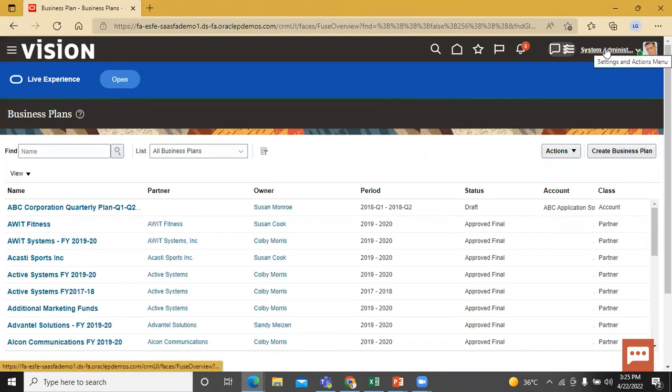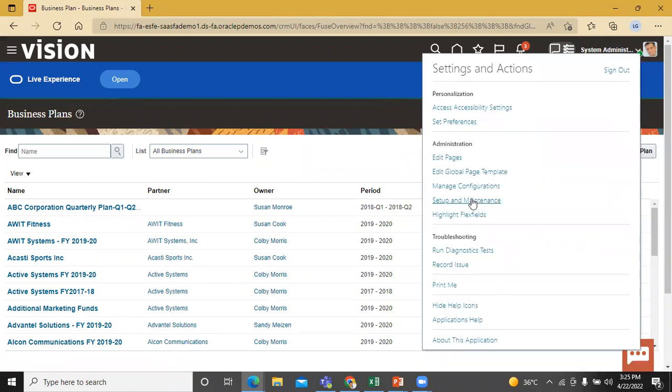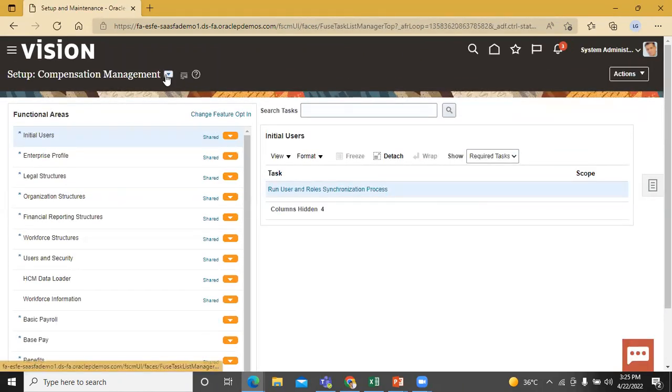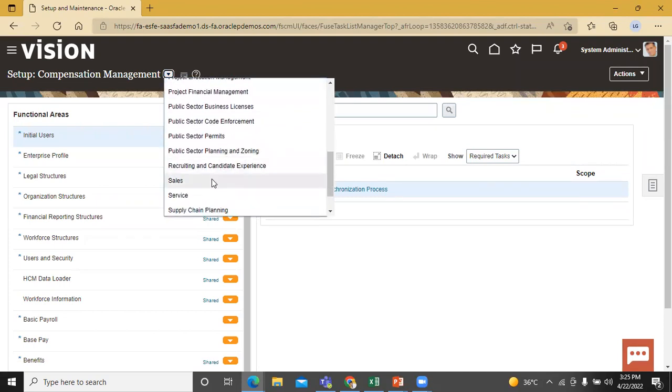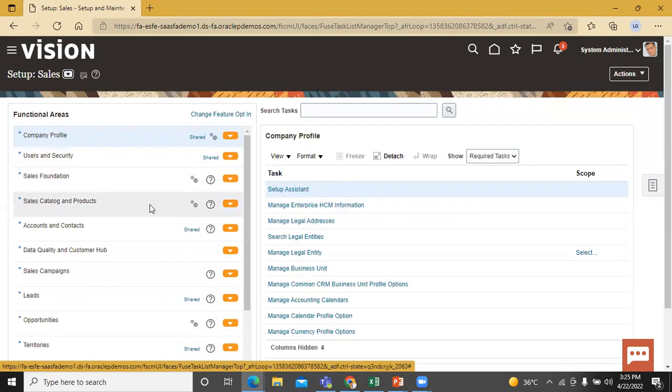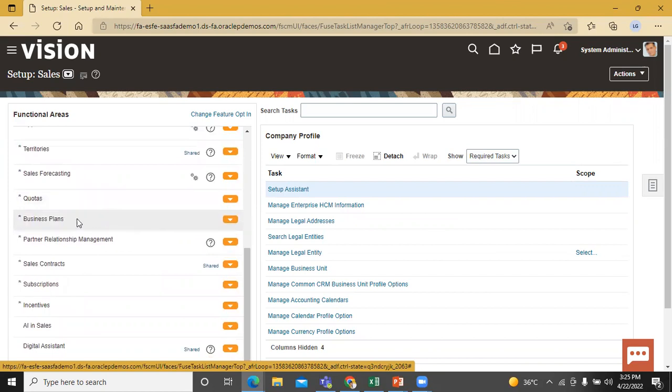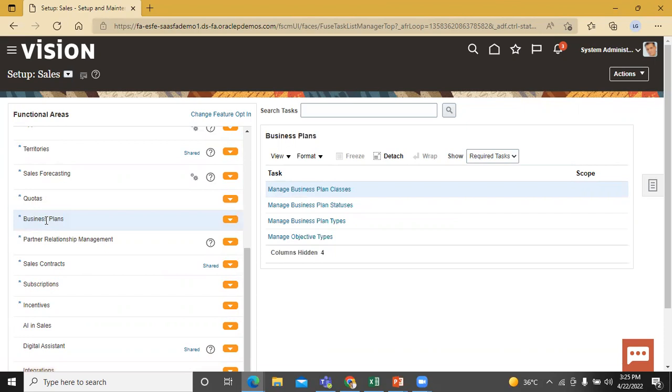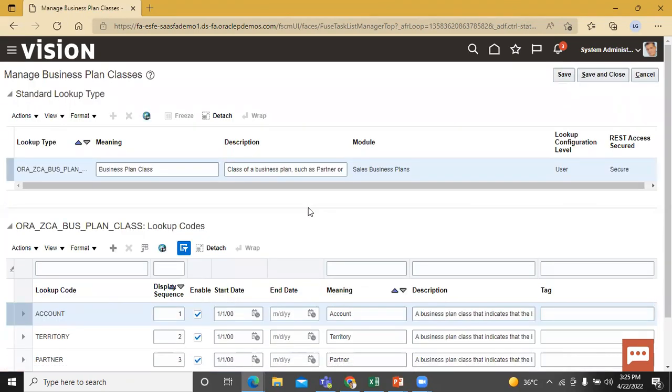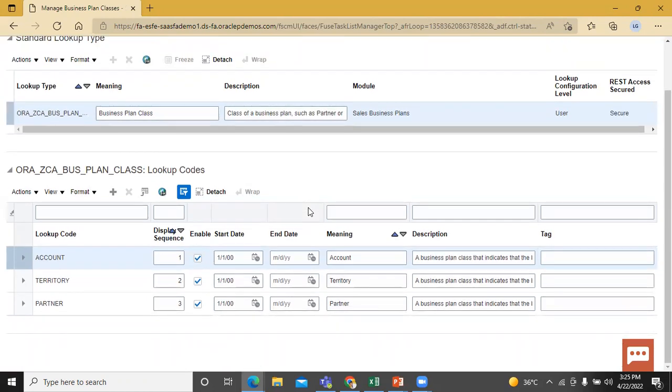Now click on this settings and actions menu. Click on this setup and maintenance. Let's select the sales from the setup list. In the functional area, I have to select the business plans. In the task, let's select manage business plan classes. Now this is the page over here. You can disable the account, territory, and partner. So when I disable the territory and partner,